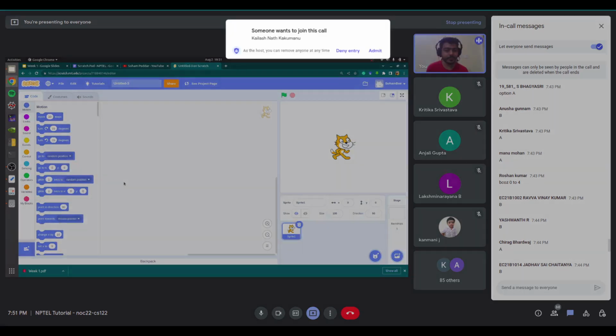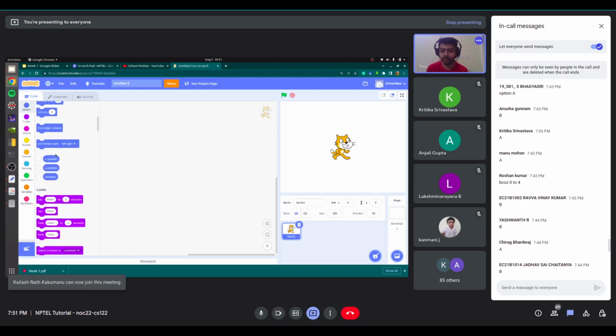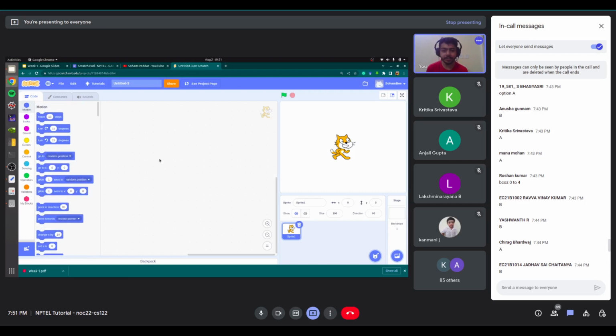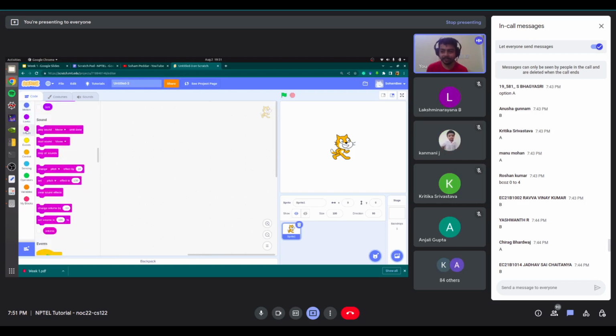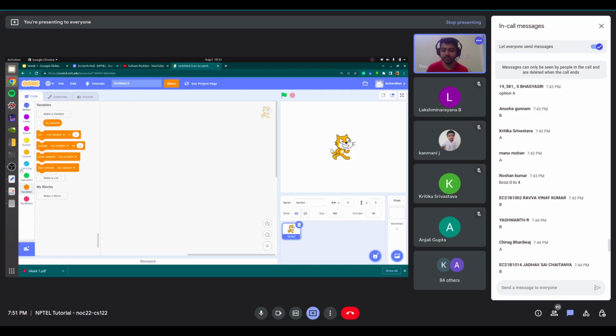Okay, so this is your programming environment, you can say. Here are many blocks that you can click and bring here. This is your main working area. Here you will write the code or draw the code, and these are the different blocks you have for doing different things. For right now we just want to make the cat say the table of 5.